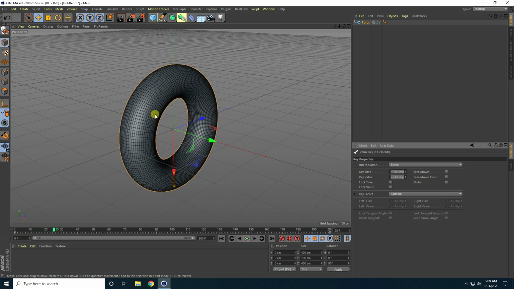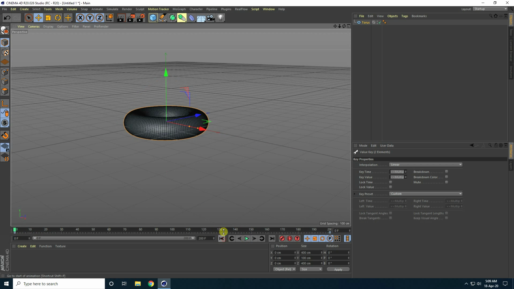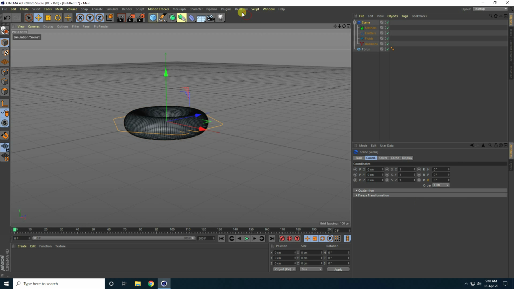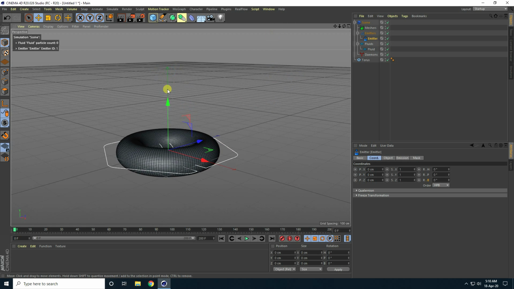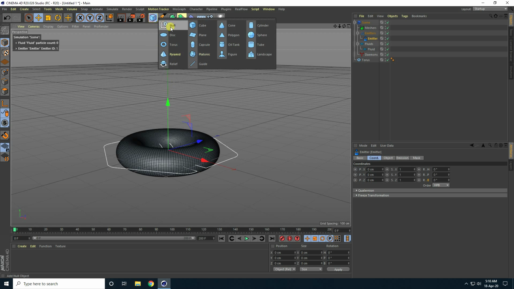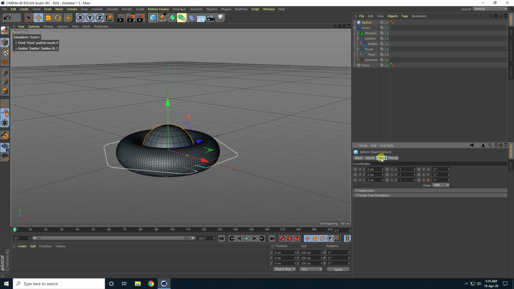Okay, so guys, now I use RealFlow. So go on here and that's my RealFlow plugin. Guys, that's a third-party plugin. So again, this time I go to emitter and use fill. Yeah, right. Okay, so guys, now I take one more sphere, that's my fill object, and select, and I go to object, and guys, segments I increase like 50 is good.